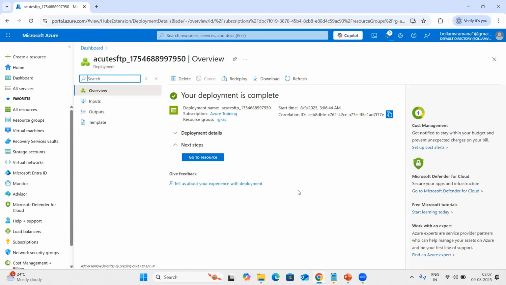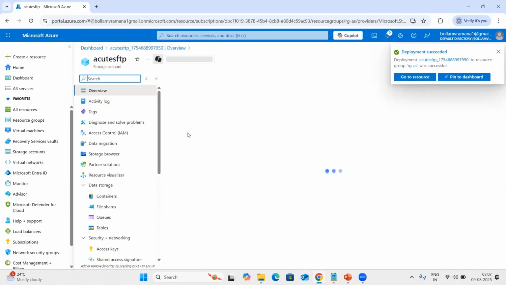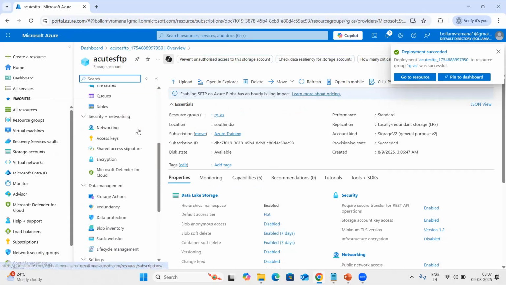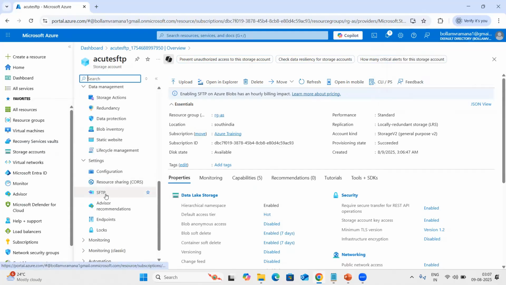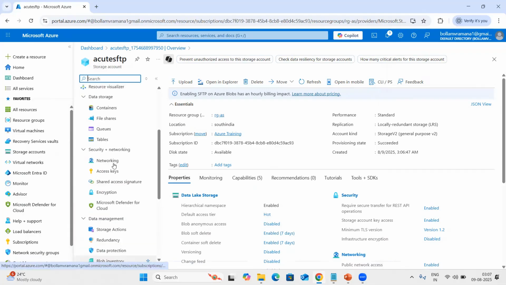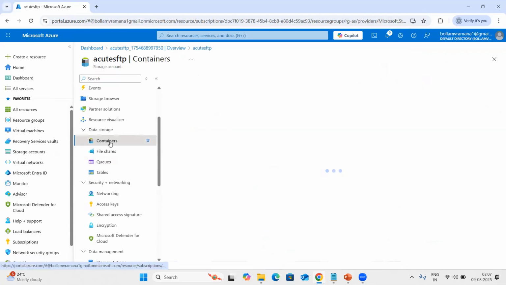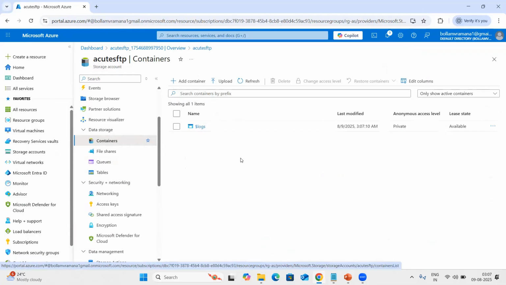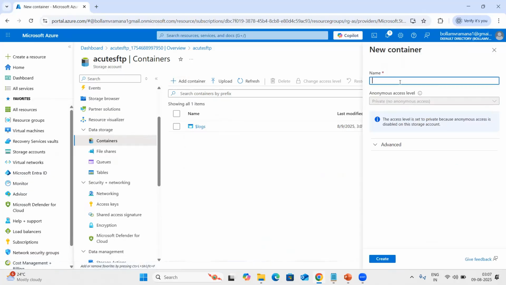So we got the SFTP created. Now let's go to the storage account. Under the storage account, you would see a feature called SFTP. But before that, let's go to the containers. I'm creating a container called